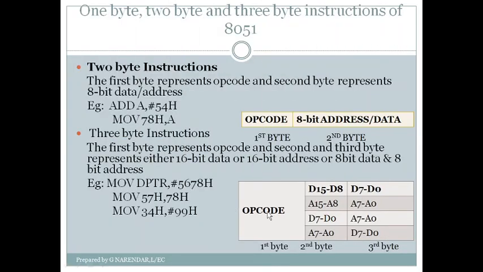So the opcode is always the first byte of the instruction, and you can see what the second and third byte of the instruction can be. The second and third byte are either 16-bit data. This is the first. So there are 4 cases. The format will be opcode, 16-bit data, D15 to D0, or